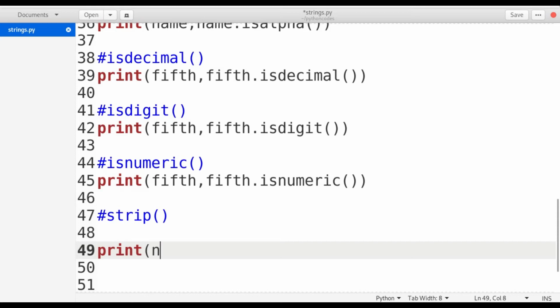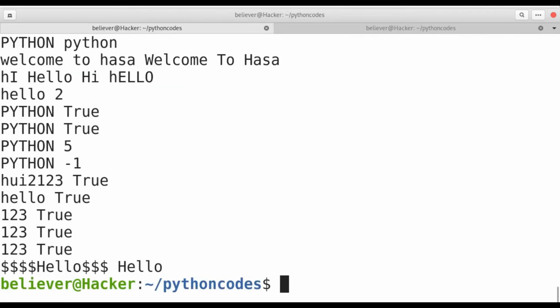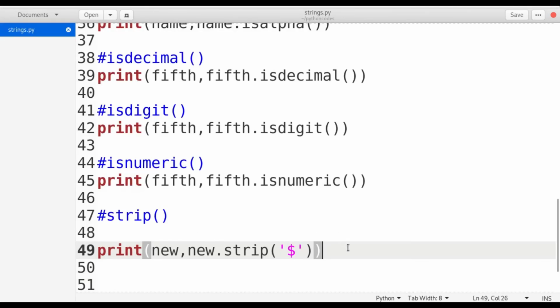Whenever I use strip, I need to give the symbol I have to truncate from the string. Suppose I want to truncate dollar. If you see here, my original string consists of dollar symbols, but my new string doesn't consist of any dollar symbol.